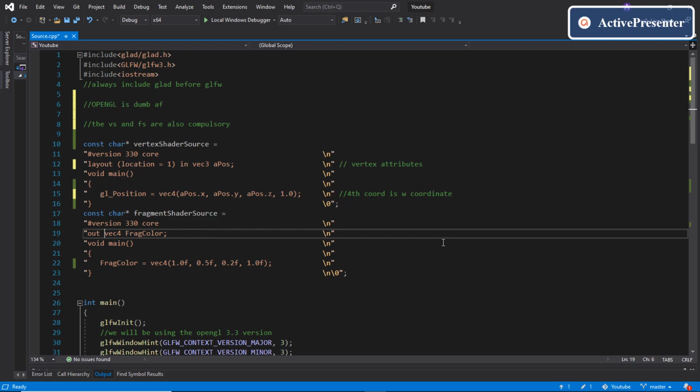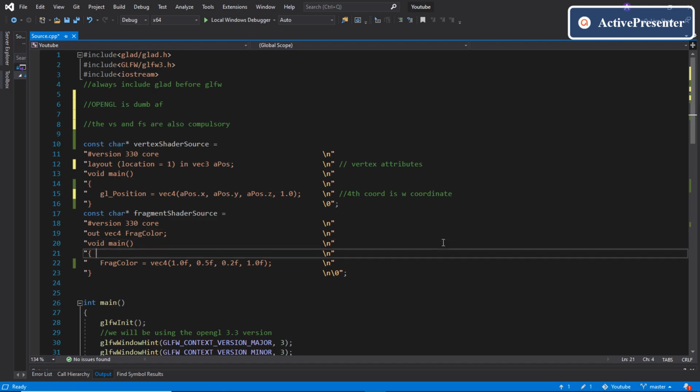We use this keyword out to denote that a value is going to be outputted from the shader. This fragment color is of the vec4 type, and inside the main function we set its value as the red component 1.0f, green component 0.05f, blue component 0.2f, and the alpha value as 1.0f. Is it okay?